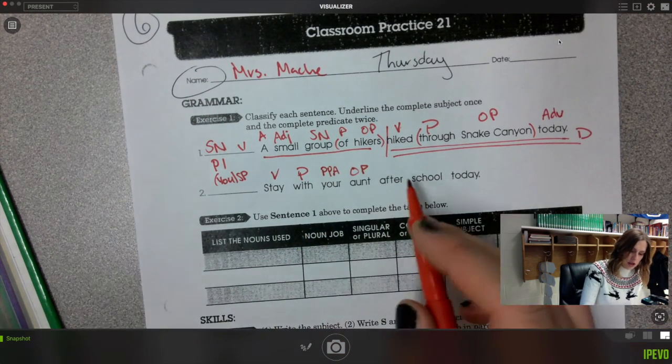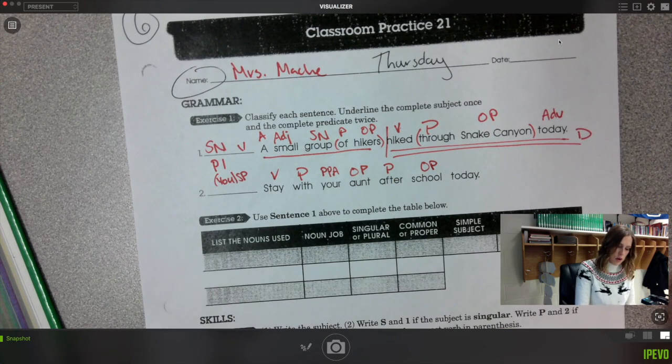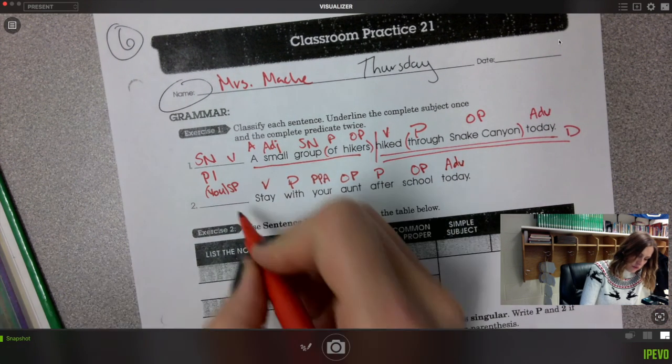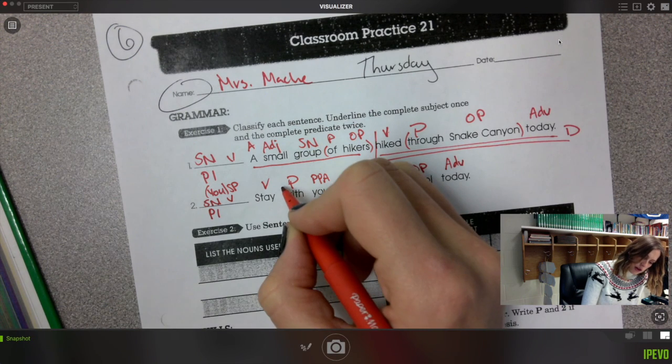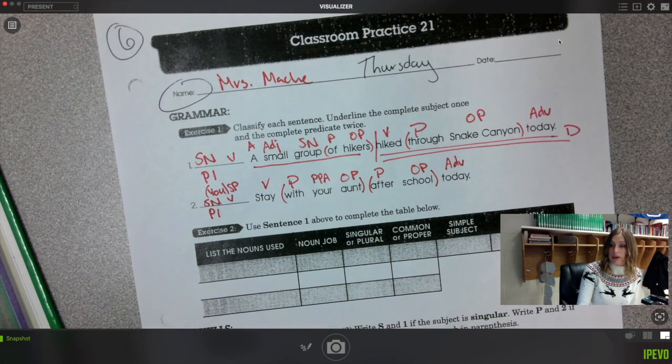After. Preposition. After what? School. Object of the preposition. Stay when? Today. Adverb. Subject, noun, verb, pattern 1. Check. With your aunt, prepositional phrase. After school, prepositional phrase. Period, command,